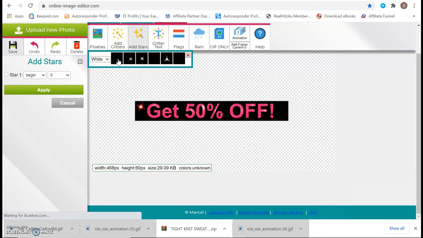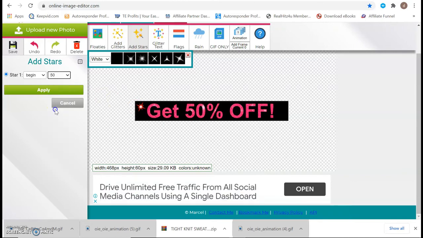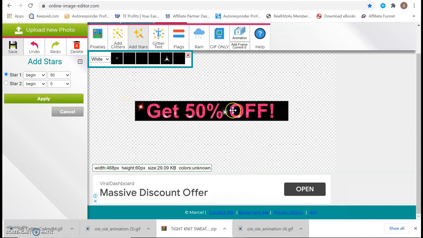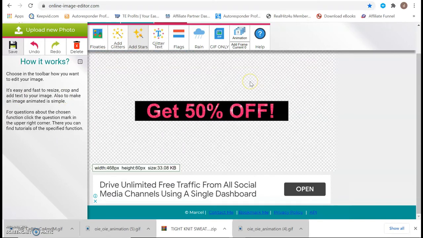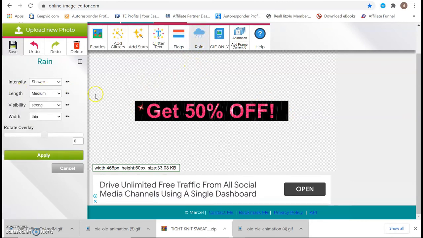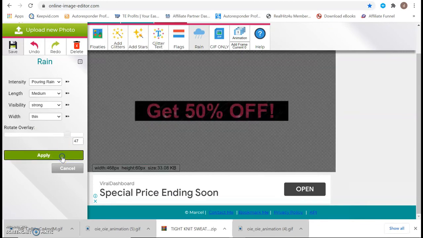And so what you can do is, see, you can see that there is one star added, and then you can randomize it. You can add another star as well, and then put it over, say here, and then randomize it again, apply. So you could see the blinking stars here and there. This is another way of creating animation. Then say there is a rain effect you want to give, a pouring rain effect, and this is some of the options available.